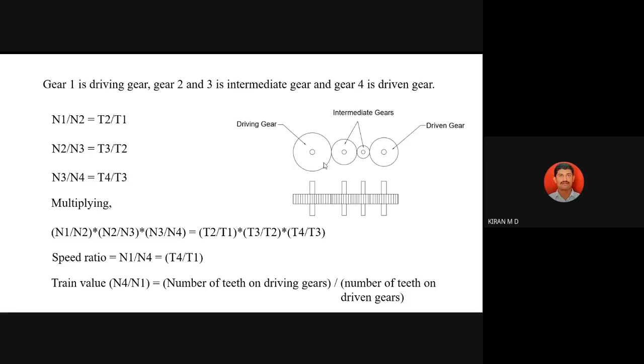That's it. In kinematic parameters, we won't bother about anything else in this course. We are going to study what the speed is. For example, if you want to design a gear train, we just design how many teeth are required to achieve a particular output speed. That is what we are going to calculate in the problems. Is it clear?